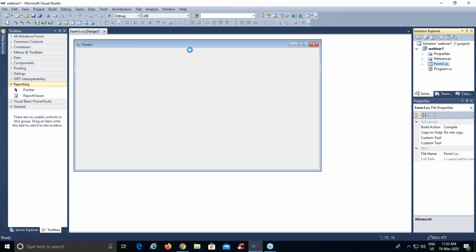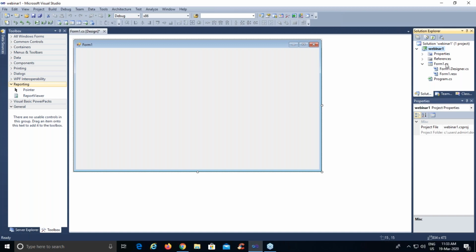This form is a workspace where you are going to work and provide a GUI. On the left hand side, you are given some options as the toolbox. On the right hand side, you can see a Solution Explorer where my application name is available and some of the supporting files have been created by the software.